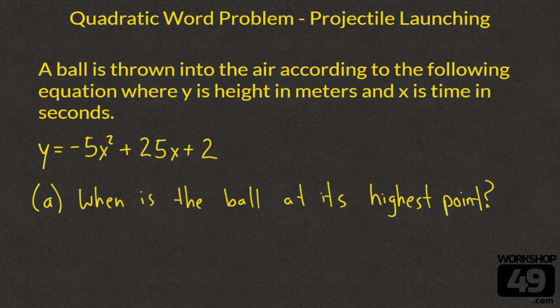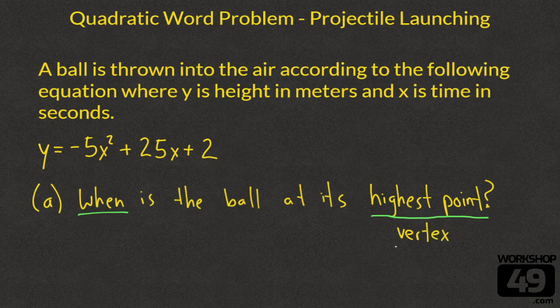Because this is asked for when, we know that we're looking for a time. So we're going to be looking for an x value. And because it is said the highest point, we know we're going to be looking for a maximum. What this means is we're actually looking for the when, the x value, at the highest point, the maximum, which is the